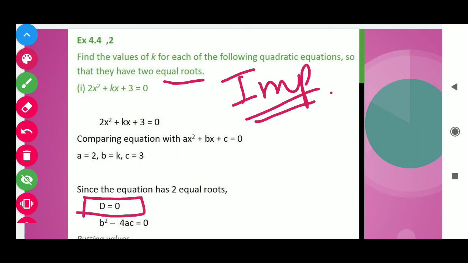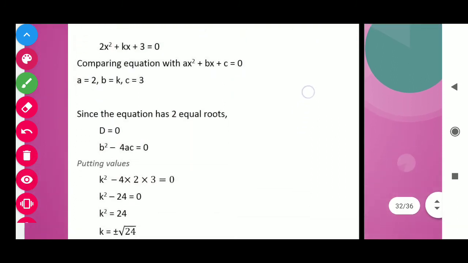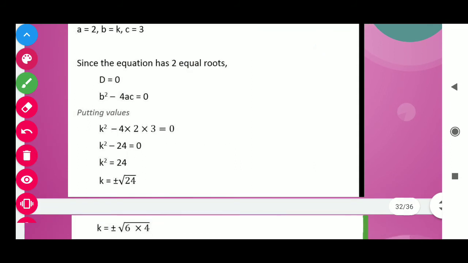Here we have quadratic equation. On comparing with the standard form, we get a is 2, b is equals to k and c is equals to 3. Now, since the roots are equal, so discriminant is 0, b square minus 4ac is 0. Put the value of a, b, c, we will get k squared minus 4 into 2 into 3. In this way we get k square is equals to 24 and k is equals to plus minus under root